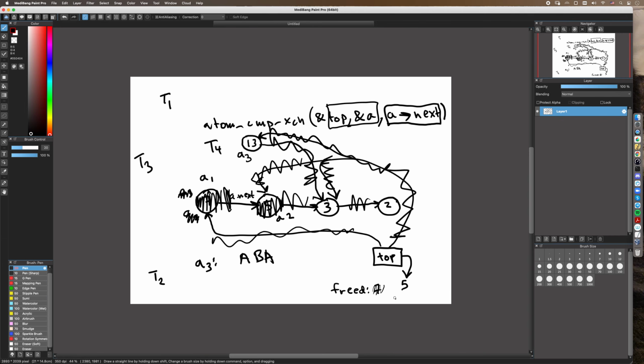It cannot be garbage collected as long as thread 3 has a reference to this node. Okay, so that's good. But creating and freeing, garbage collecting nodes can take more time than is suitable. So often one uses